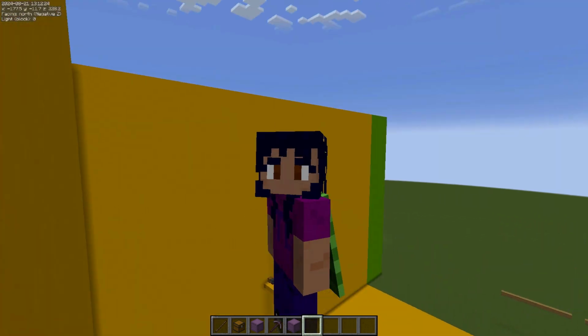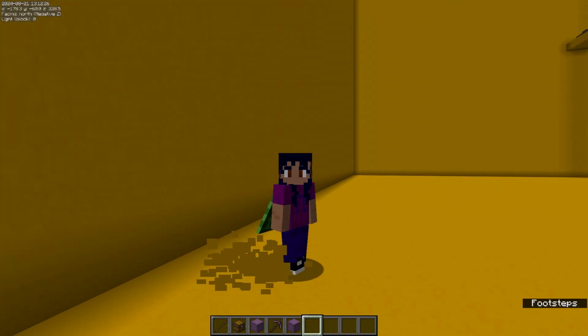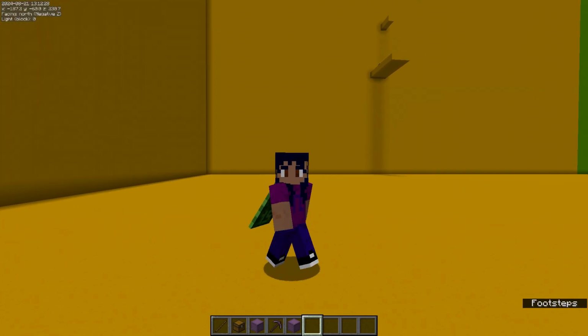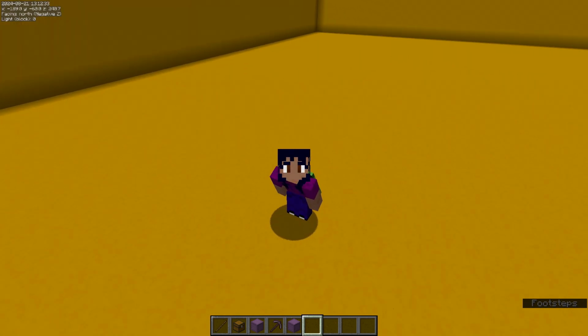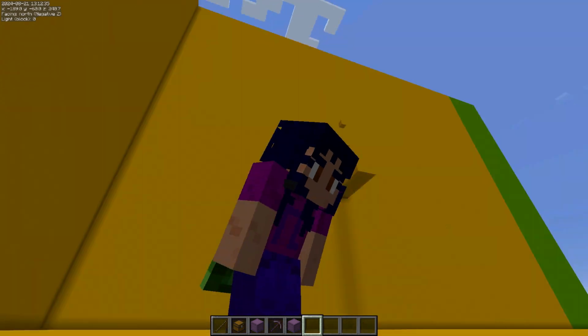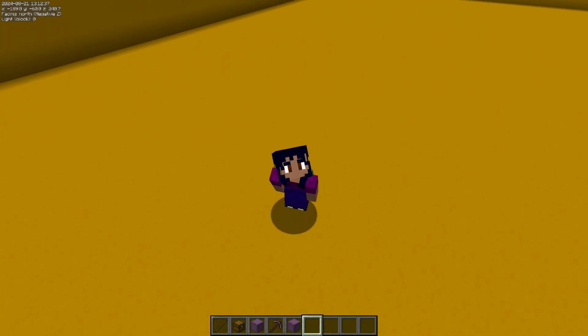What you see on the screen is typically what I like to play with, just so I know what the light level is, which way I'm facing, what coordinates I'm in, and also the time of day, so I don't lose track of time when I'm recording and digging and building and having fun making content